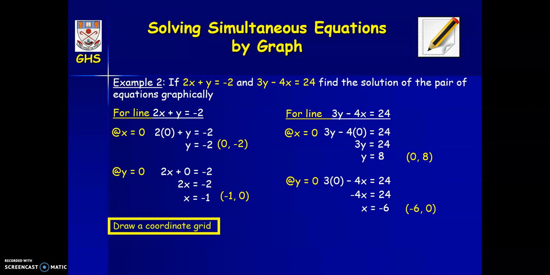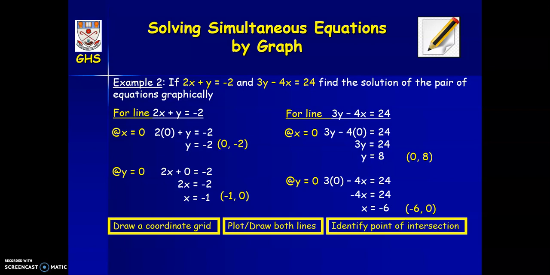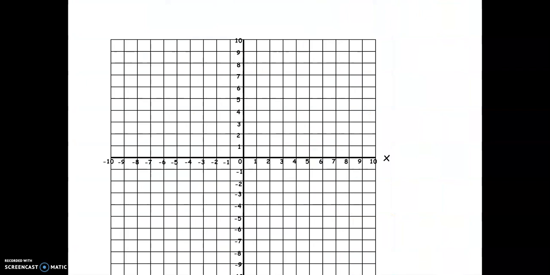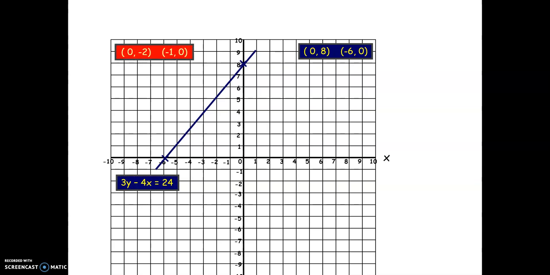So again, draw the coordinate grid, plot and draw both lines, identify the points of intersection. So 0, 8 and -6, 0. So plot the points, draw the line, label the line. 0, -2 and -1, 0. Plot the points, draw the line, label the line, and then all we need to do is look at where